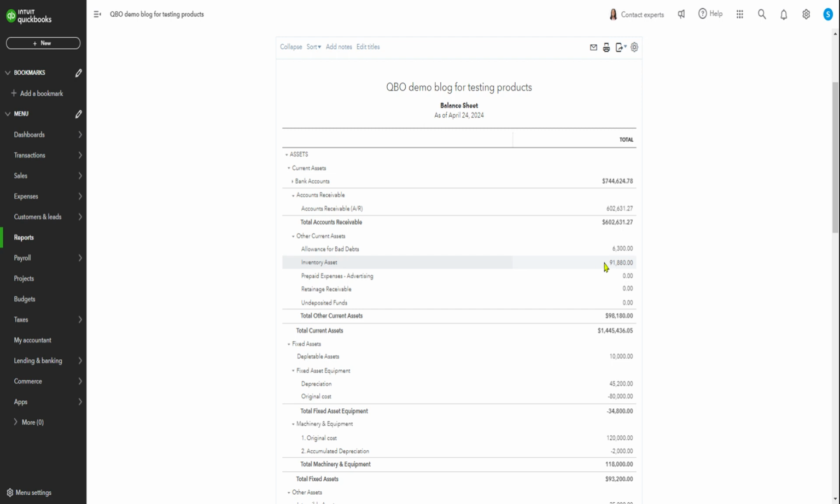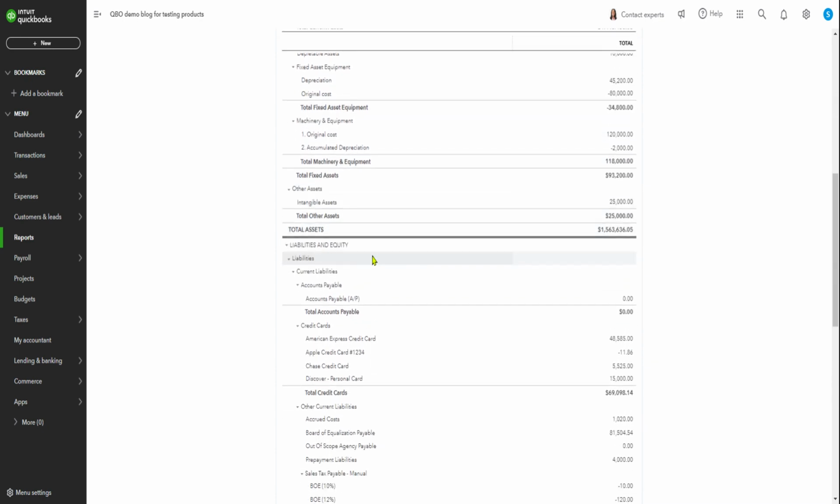Normally you don't include it, but if it's inventory items that you can call someone and sell tomorrow, or even within a week, then you should consider including it. Okay, so that's the current asset side, and then on the liability side,